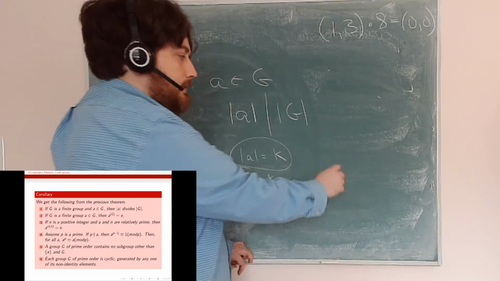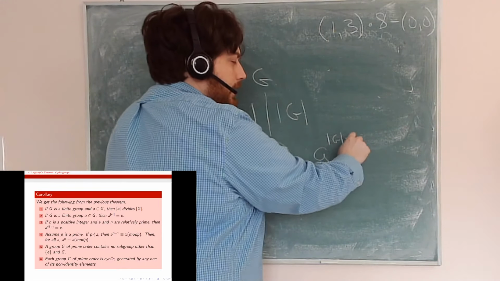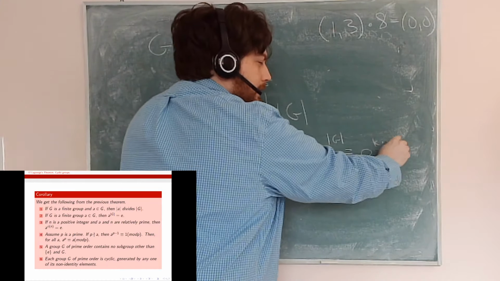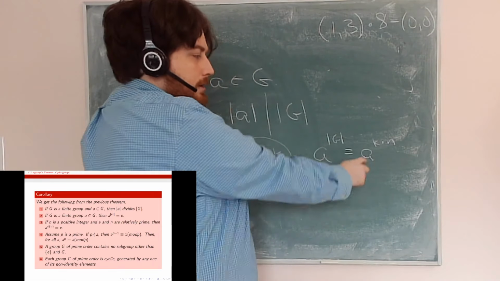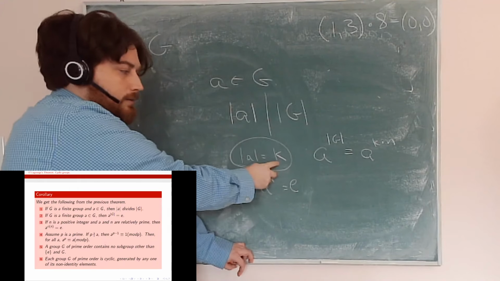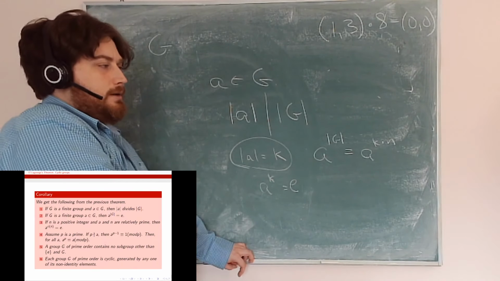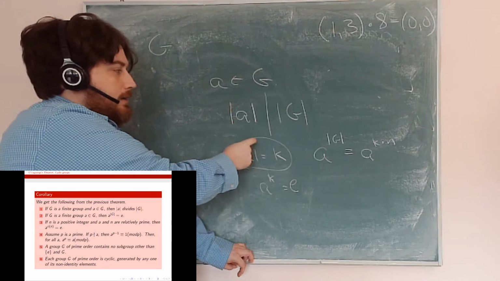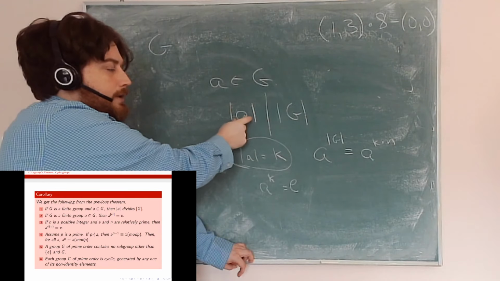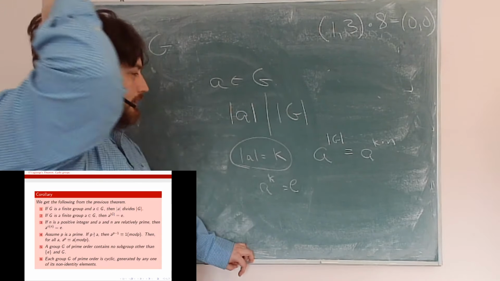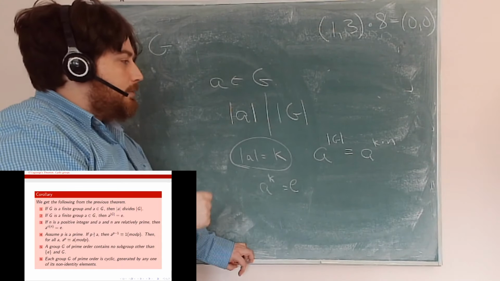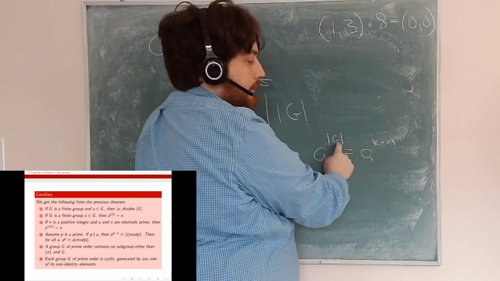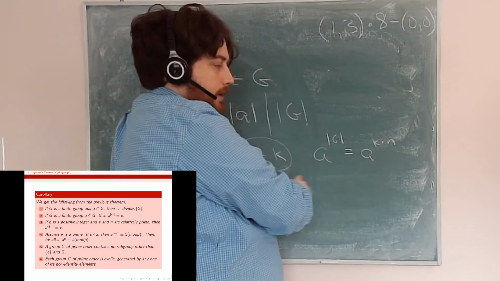All right, so A to the cardinality of G is equal to A to the K times, let's say, N for some N, because I know that the order of this divides the order of this, because that was part 1 of my theorem, and because the group generated by A is a subgroup of the group G. Therefore, by Lagrange's theorem, this has to divide this. Therefore, the cardinality or the order of G is equal to K, which is the order of A, times some integer N,